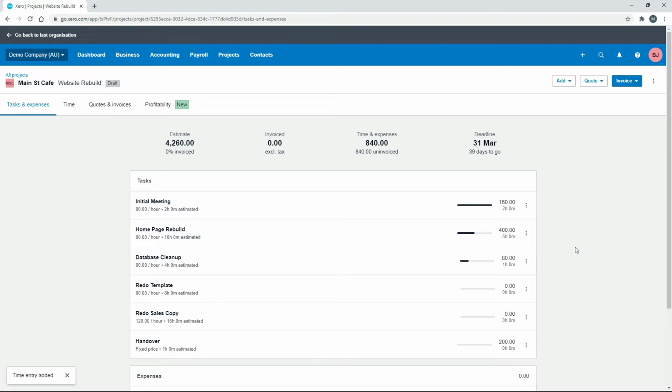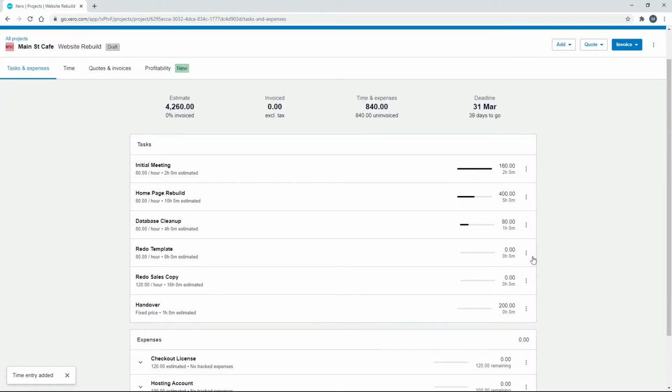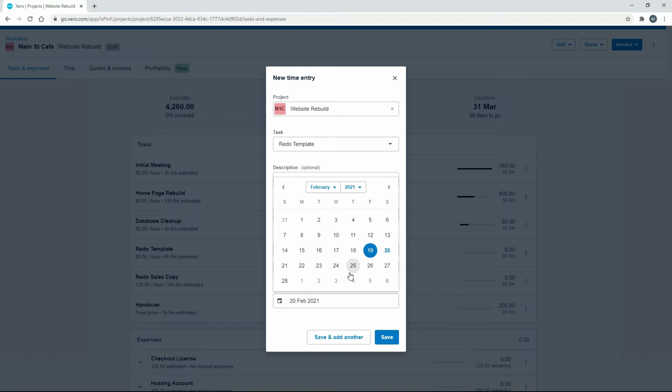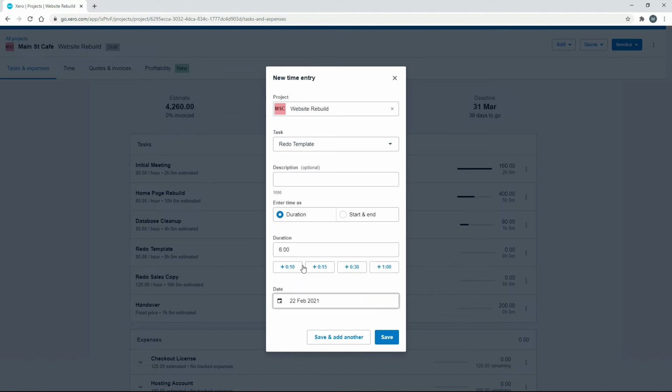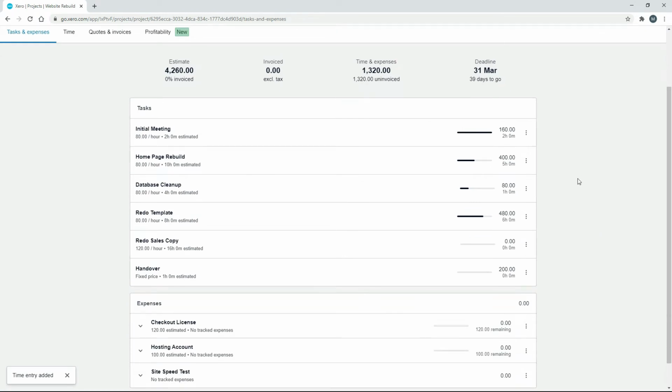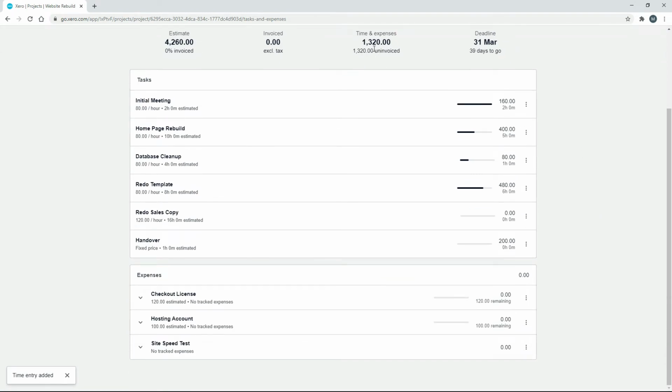Okay, and then finally, I'll just put in some time for the template. So we'll just put duration again. So we'll do say 6 hours and we'll do that on the 22nd. And we'll click on save. All right, so we've got some time entries in there now, and you can see we've got an uninvoiced amount